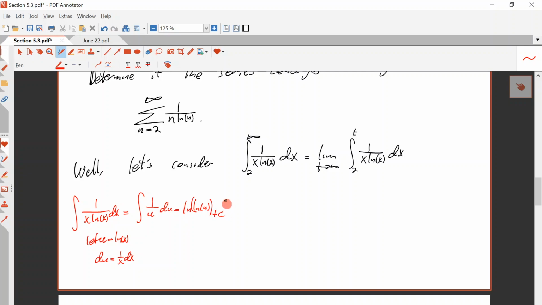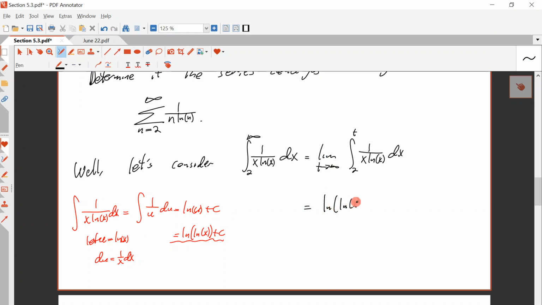Plus c. Okay, and we're dealing with positive arguments here. Natural log of u, which is natural log of x plus c. We're dealing with positive values of x bigger than 2, so the natural log of x is always a positive number, so we don't need any absolute values. So this is equal to